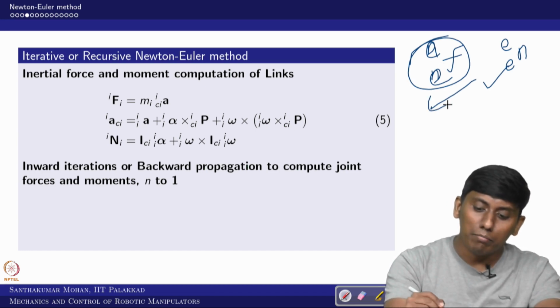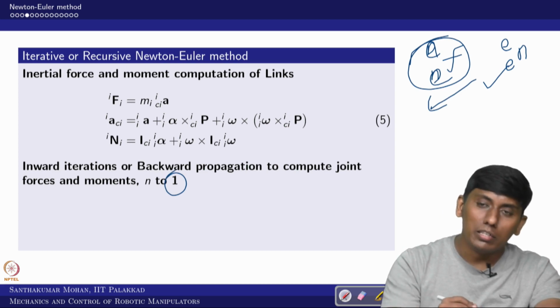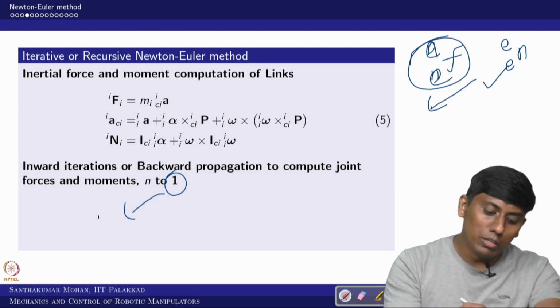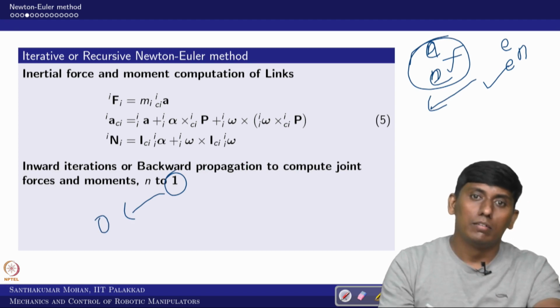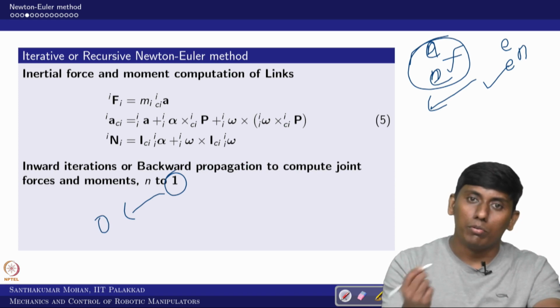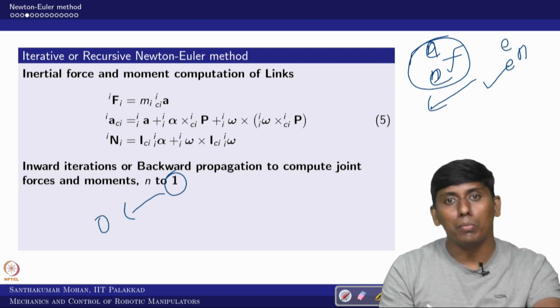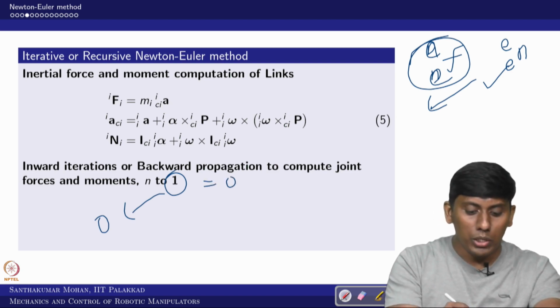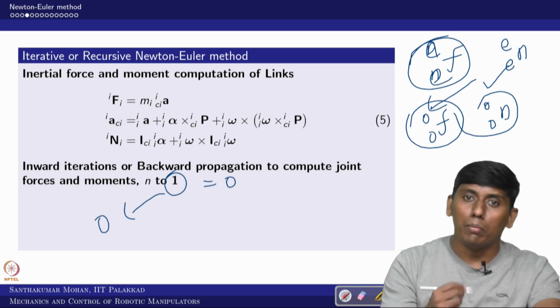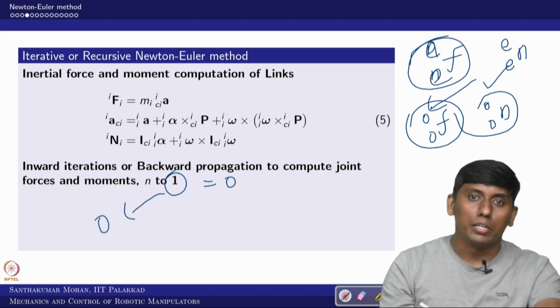So then we can come backward up to 1, because 1 is the active joint; up to 1 only active joints would be there. If you come to 0, that would be the base support force and moment. This base force we simply call shaking force. Whatever is transmitted as a moment to the base would be the shaking moment. So if you go to 0, F00 and N00 would be the shaking force and moment. Right now we are bothered about only motion dynamics.